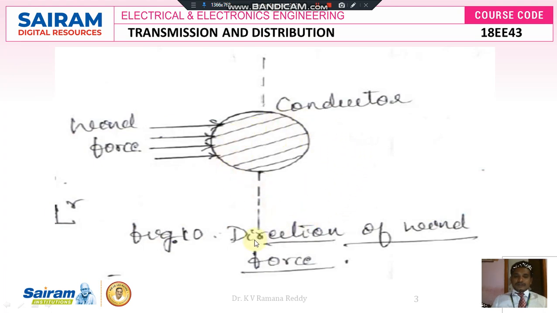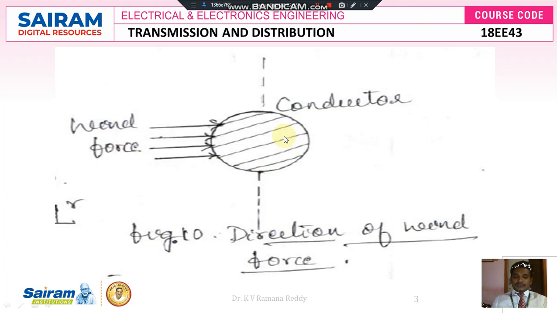Hence this figure is called the direction of wind force. In this figure I am showing the direction of the conductor and the direction of wind force. If you compare them, both are perpendicular to each other. Therefore whenever the conductor is perpendicular to the wind force, the maximum amount of wind touches the surface